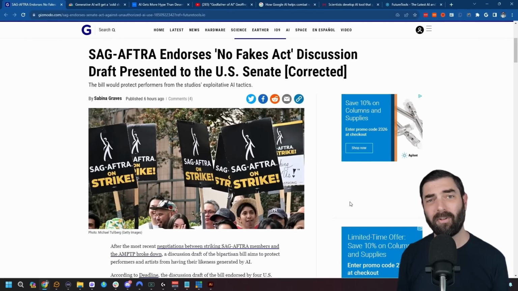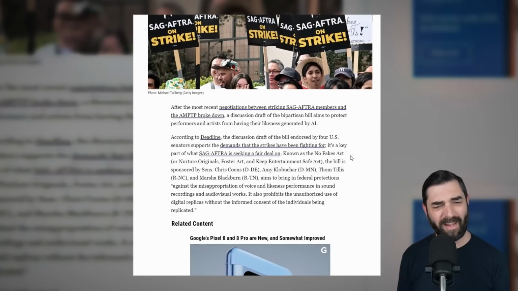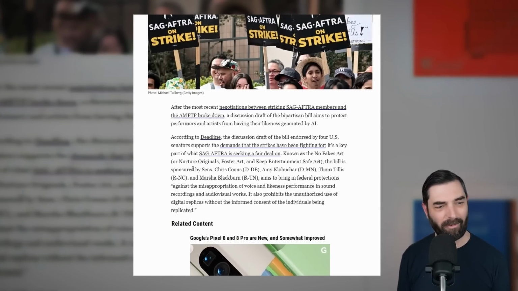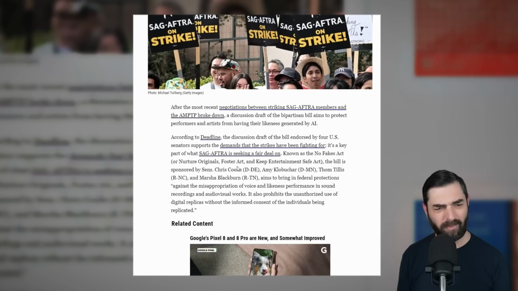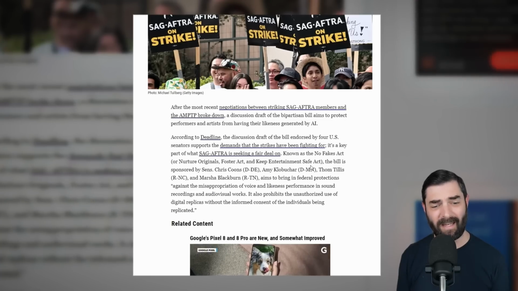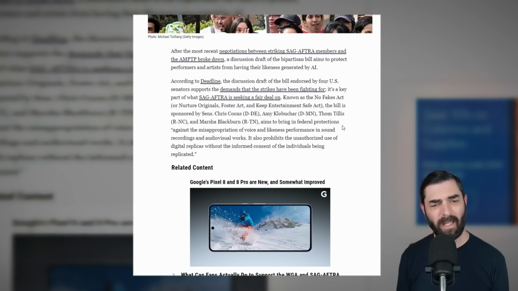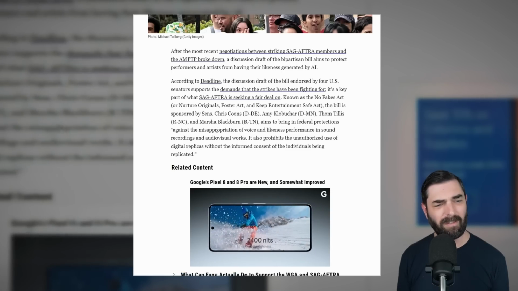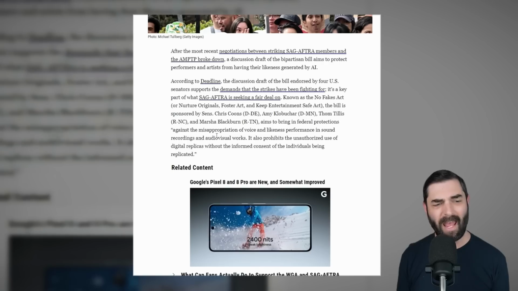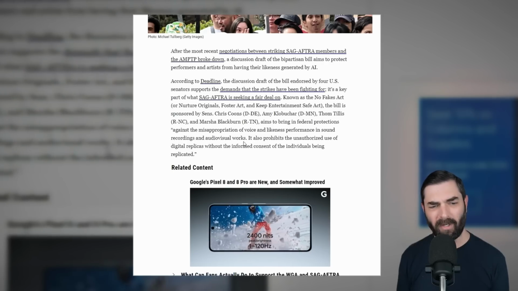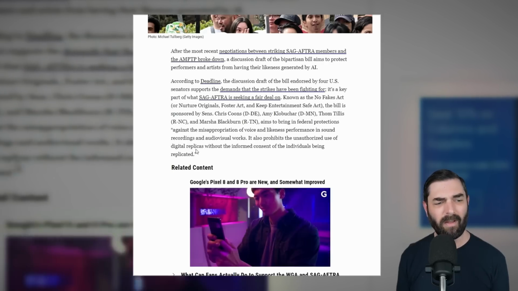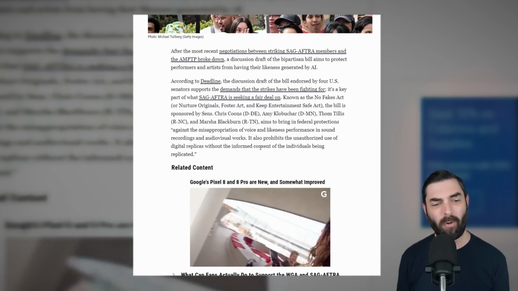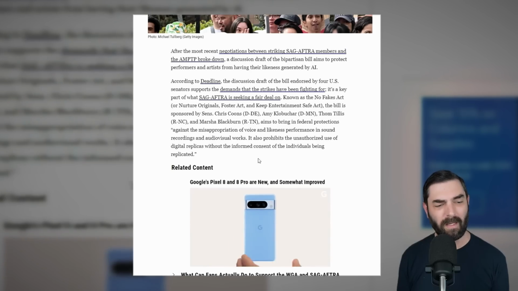Although the writers' strike is over, the actors themselves are still on strike. They're pushing for this bill called the No Fakes Act, which actually is an acronym for Nurture Originals, Foster Art, and Keep Entertainment Safe Act. The bill aims to bring in federal protection against the misappropriation of voice and likeness performance in sound recordings and audiovisual works. It also prohibits the unauthorized use of digital replicas without the informed consent of the individuals being replicated,